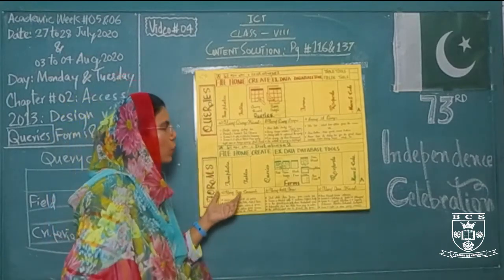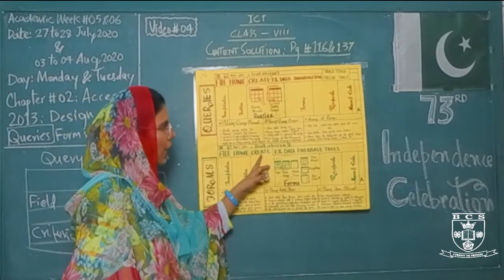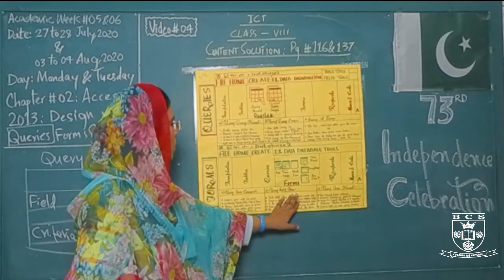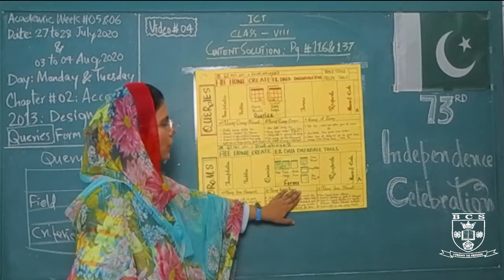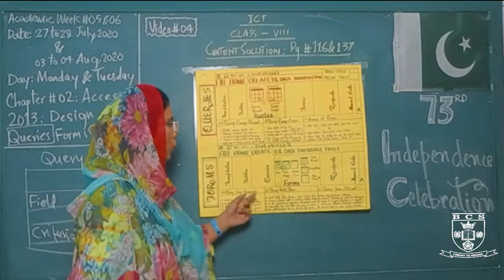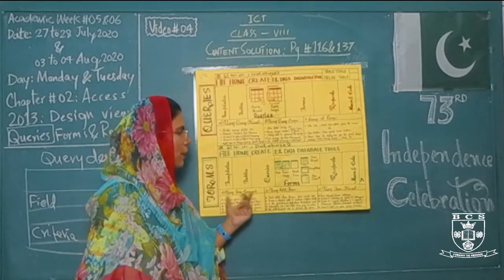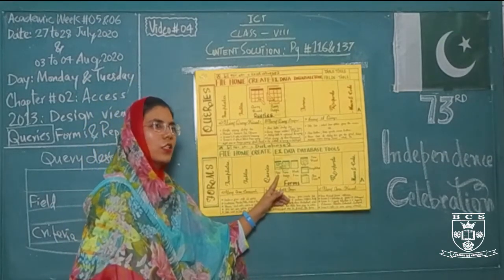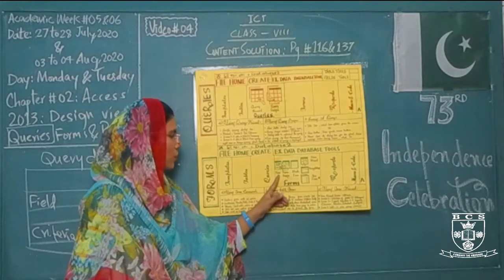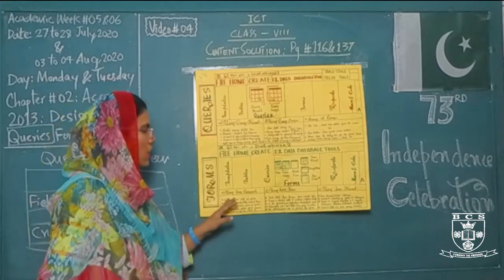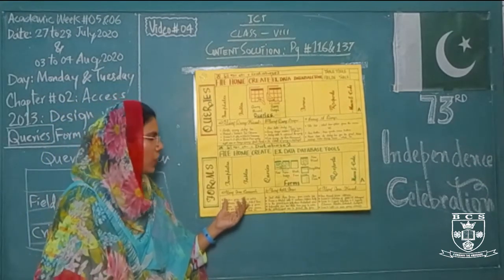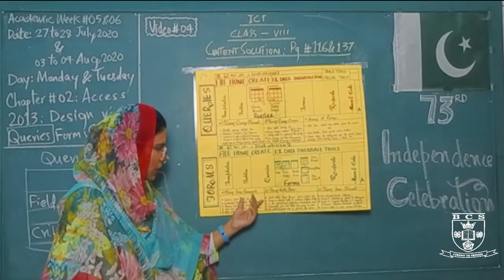So this is how we create a form. Whenever we have to create a form, again we will go to the create tab, and with the help of this create tab there are different groups of options for creating different things. So for the forms group we have these particular 6 different options. And first of all, the first method, by simply clicking on this form option, you will have a simple form, and it creates a form with all the fields that we have.